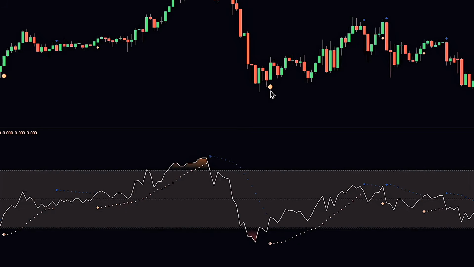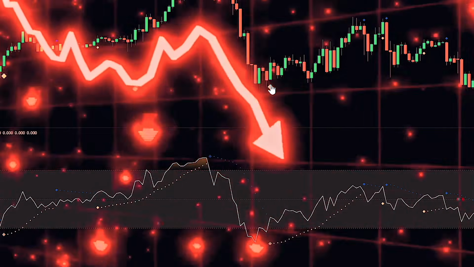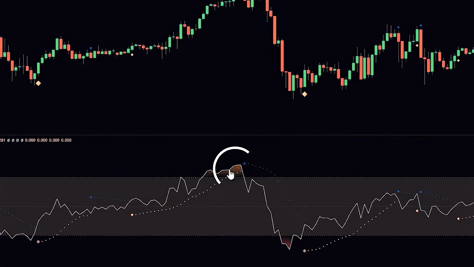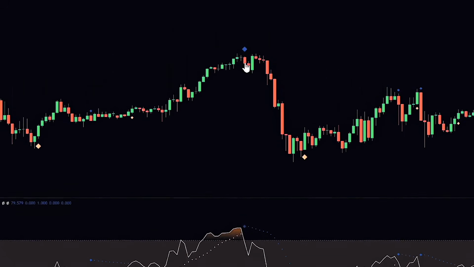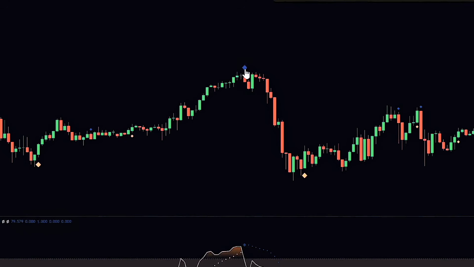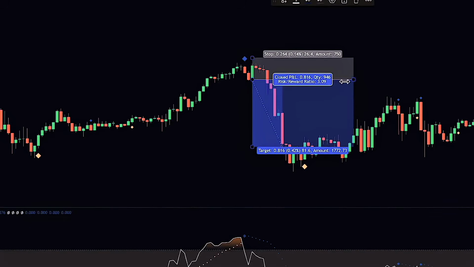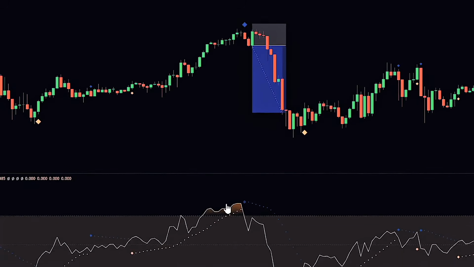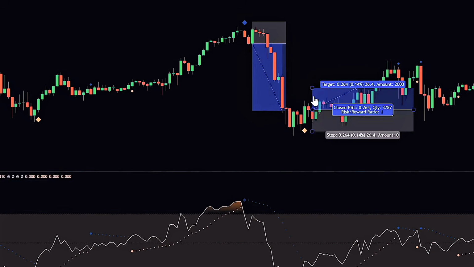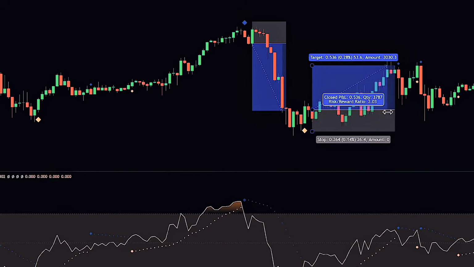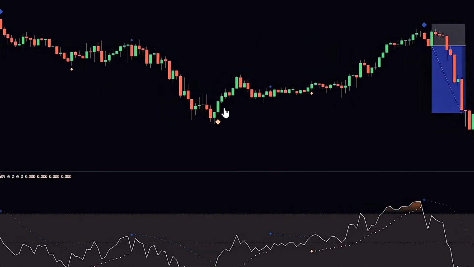On the flip side, for a strong bearish setup, look for the RSI hanging out above 70 in overbought territory. If the Parabolic SAR dots switch from below the RSI line to above it while the RSI is over 70, you'll get a big orange, or maybe red, depending on your settings, diamond. That's your sell signal, suggesting the momentum's about to tank from overbought. Since this is all based on RSI momentum, not just price, these signals can pop up earlier than your typical